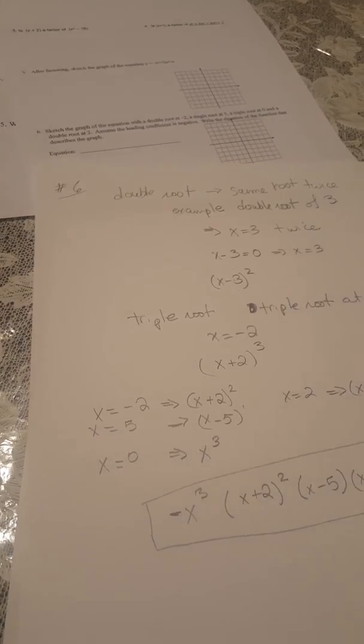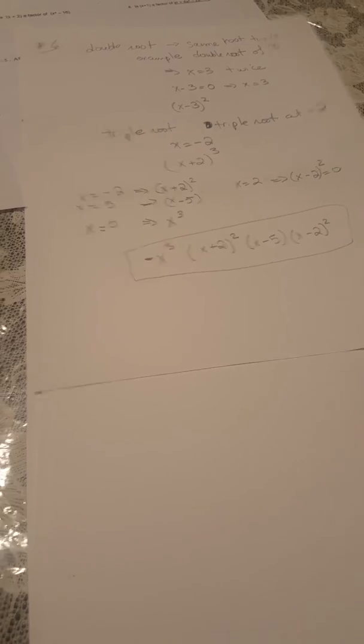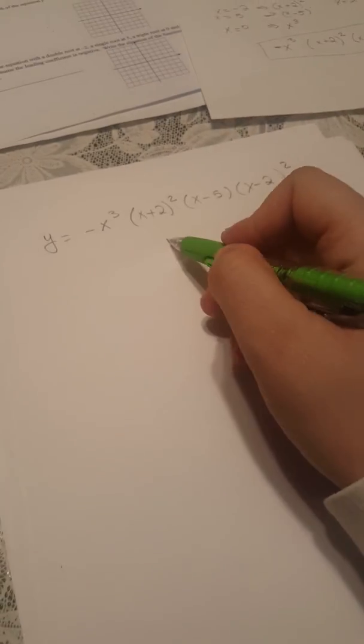Okay, so now moving on to graphing it. How would we graph this big equation? So we have y equals minus x cubed times (x plus 2) squared, times (x minus 5), and (x minus 2) squared. Okay, so to graph it,